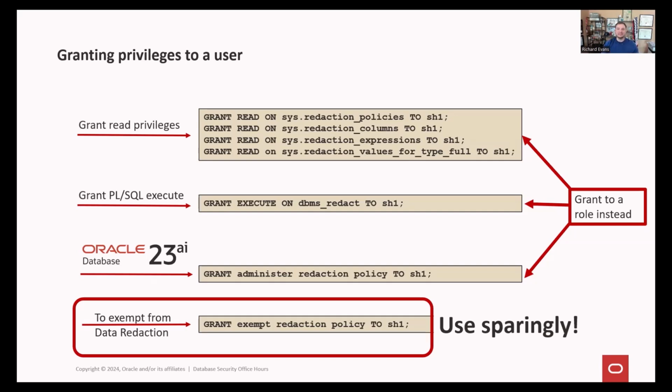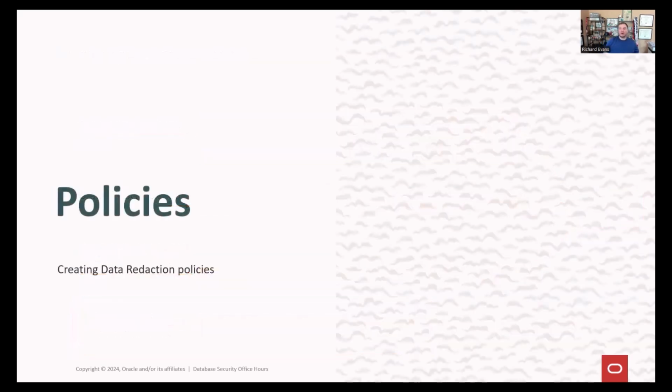Just know that SYS and SYSTEM have this privilege by default. You can't take it away. And so we want you to move toward named user accounts instead, right? I know we've told you for 40 years, /as sysdba, log in and do your activity, but what we're trying to get customers to move toward is using named accounts. I should be logging in as R. Evans instead, and then I should have the privileges I need to conduct activity, not necessarily to get past that data redaction policy, okay?